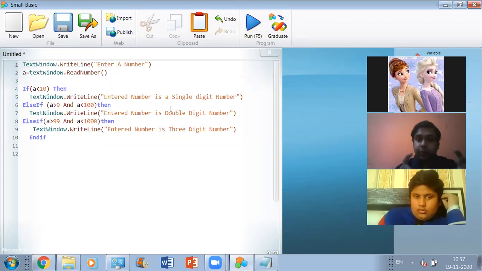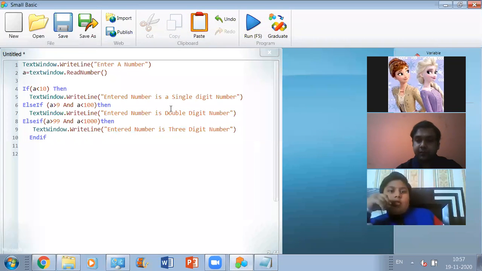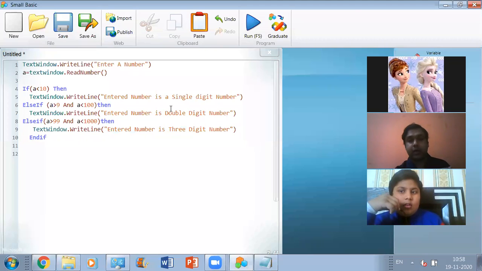If you try it yourself, we can now find out a 4-digit number too. Have you tried it practically, dear? Have you tried any of the programs practically on your devices? Have you tried any of the programs which are given in this chapter on your own, on your device, practically?